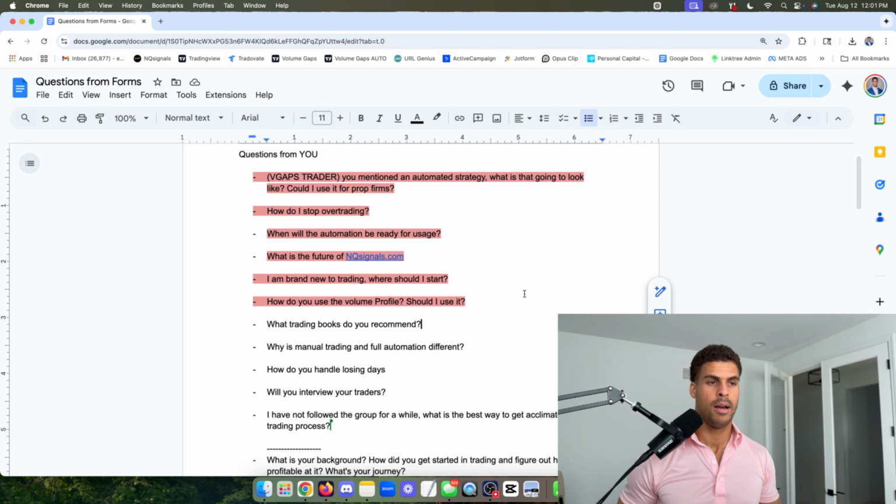No problem with that. But you can't know which one is you until you do both. And you definitely can't know which one is you until you actually try it, and you won't find that out in a book. So I'm not saying books are bad, because the philosophy I'm saying right now would apply to basically everything. That's not true. Trading is just so specific, and there are so many emotions and so many moving things happening at the same time that it's very difficult for all that to be encapsulated in a book to give you success, with the success rate of trading being about 5%, right? Like 5% of people make money doing this.